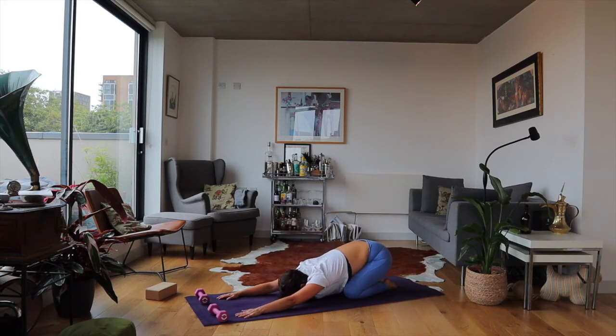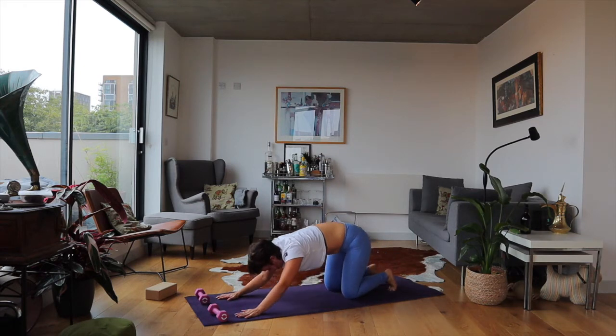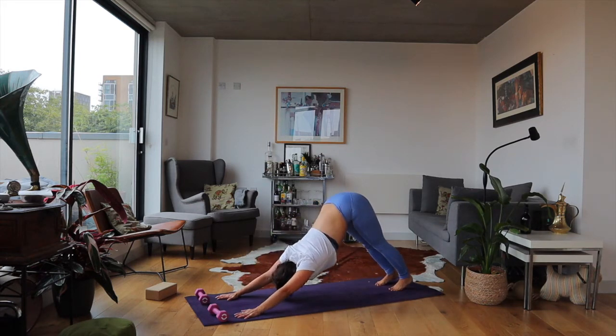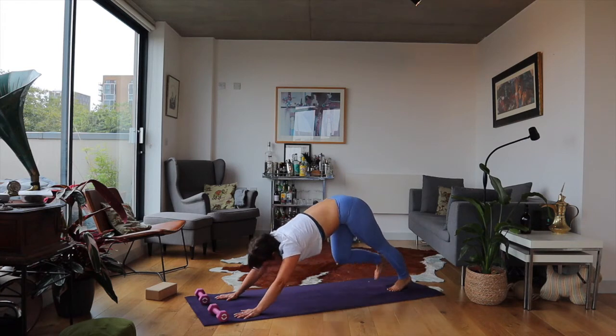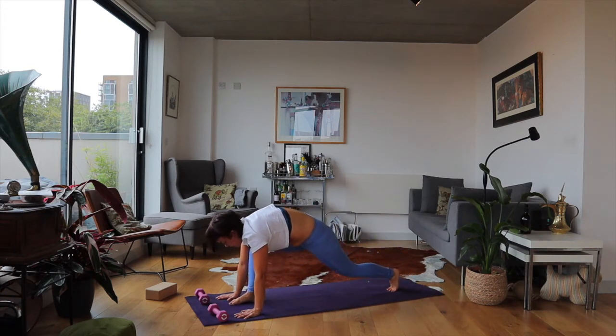If your arms are a bit tired. Stay for one more breath in child's pose. If you want child's pose, tapping the toes, pushing back, meeting everyone else in downward dog. Inhale, exhale. And with the next inhale, stepping the right foot in between the feet, into between the hands, followed by